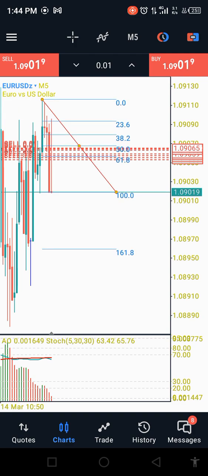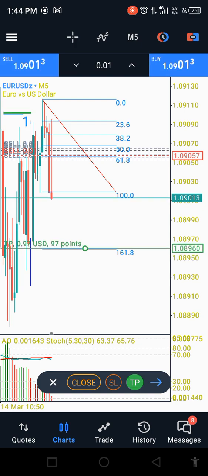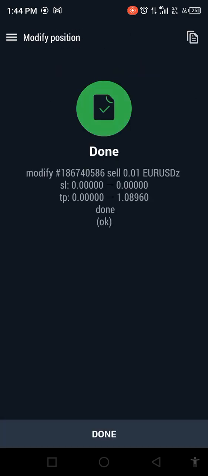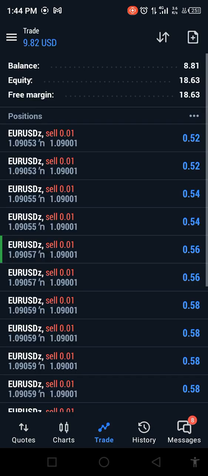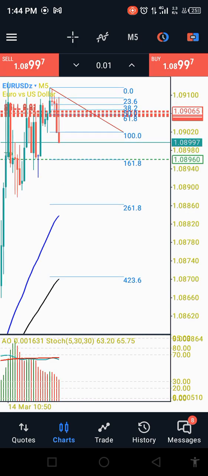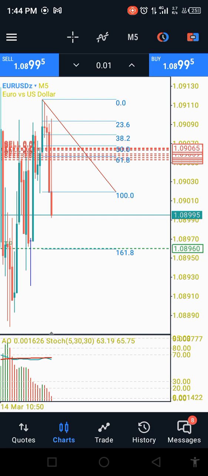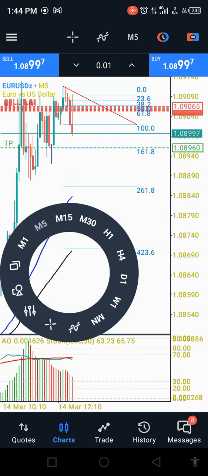A dominant break is a candlestick pattern where three or more candles successfully break past one bullish candle or one bearish candle, and now we are trading a dominant break sell. What is a dominant break sell? It's a candlestick pattern where three or more candles successfully break one bullish candle, and as we can see from the chart, many candles successfully break one bullish candle,